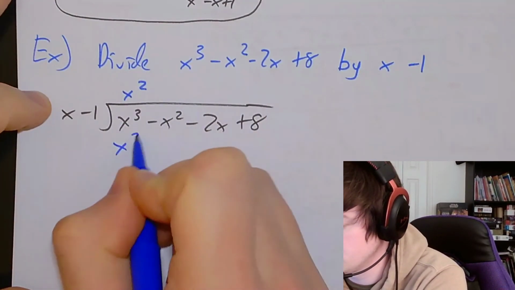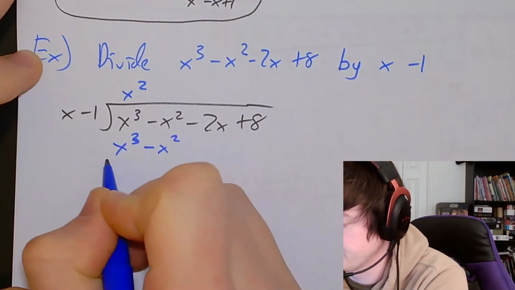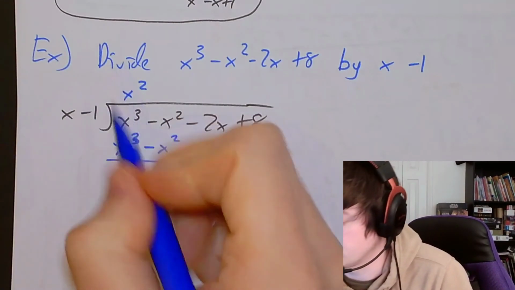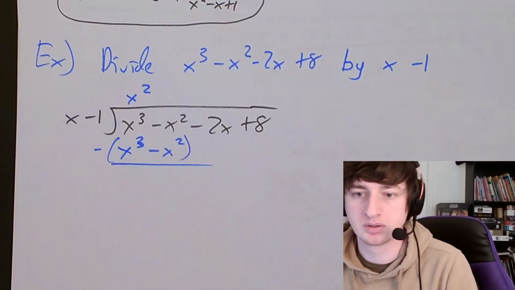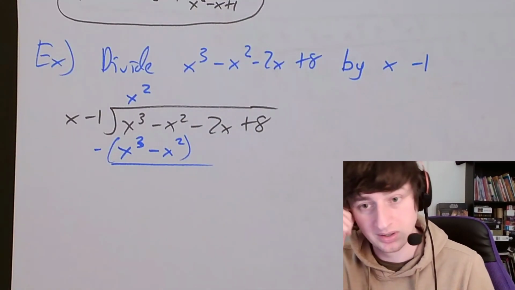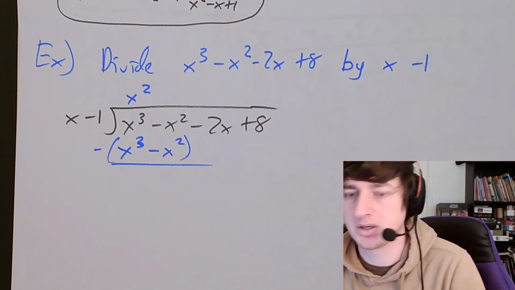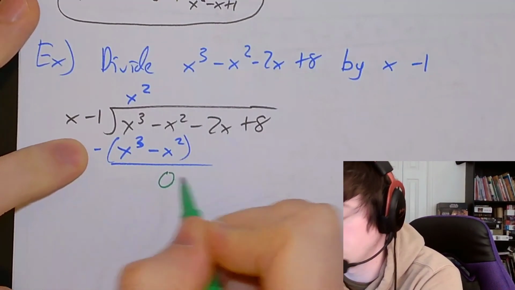We get an x cubed minus x squared. And then when we subtract, we're going to subtract these. This is going to turn into plus, so it's going to turn into a 0. Right? X squared plus x squared turns into 0. All of that cancels out,